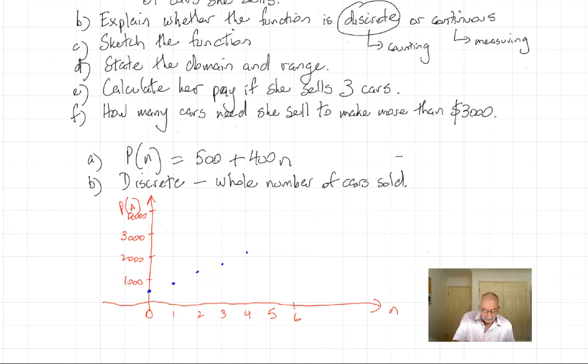What are we up to? 5, 20, 2,500. So about halfway between 2,000 and 3,000 there. And 6 is 2,900. All right, now